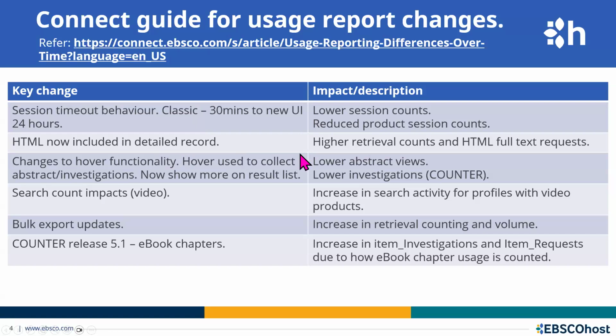So there might be a period of time where there's less retrieval counts when HTML was not included in the new UI, but moving forward it is. So you would expect to see higher retrieval counts and HTML full text requests. The other thing that will also impact is the changes to hover functionality. So in the classic version, there would be on the record itself in your result list, a little magnifying glass,